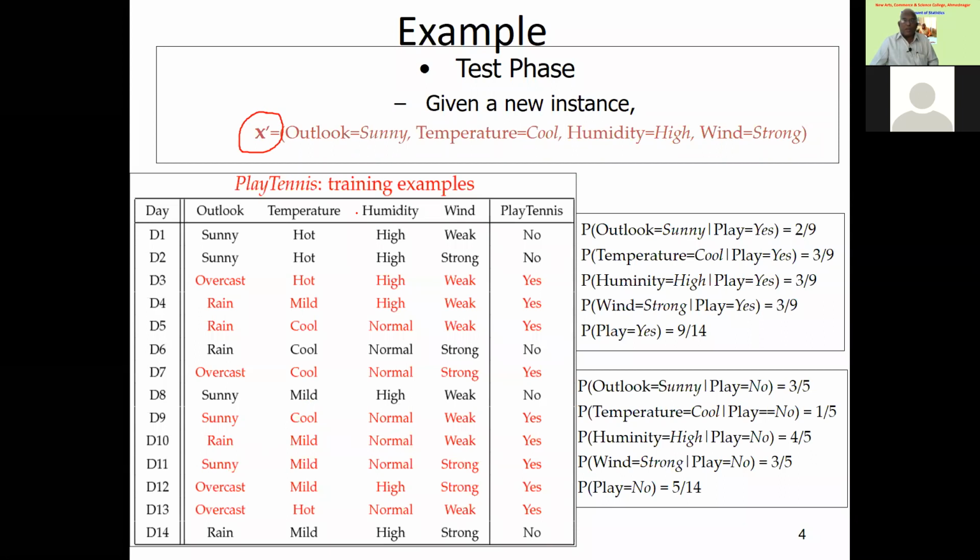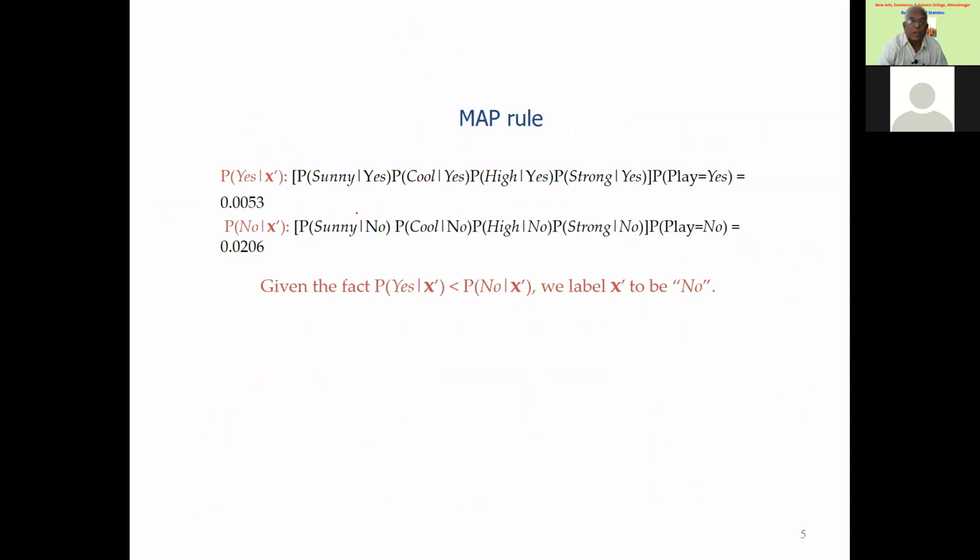And now, under such a situation, what one should do? How to find this probability? Now, this is where we have to apply Bayes rule. We have to apply Bayes rule. All these probabilities are already calculated in the earlier table. So don't bother about this. Okay. Now let us come to this.